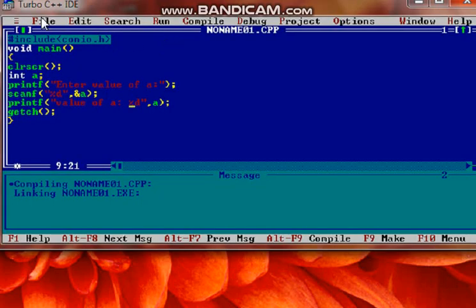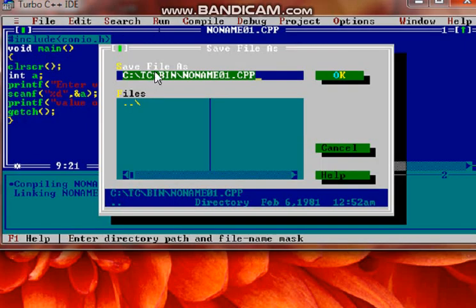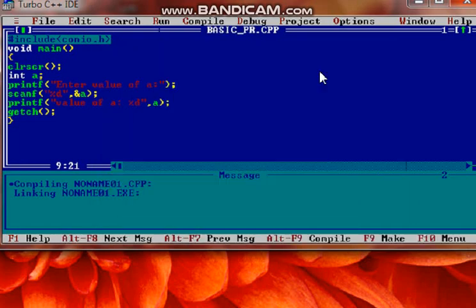Now you want to save this program. File, click save. Give the name without giving a space. So I am giving basic. You can write an underscore here, but don't leave a space. Basic program of C. Don't give a space. If you give a space, it will not allow. Save. Now your program has been saved.